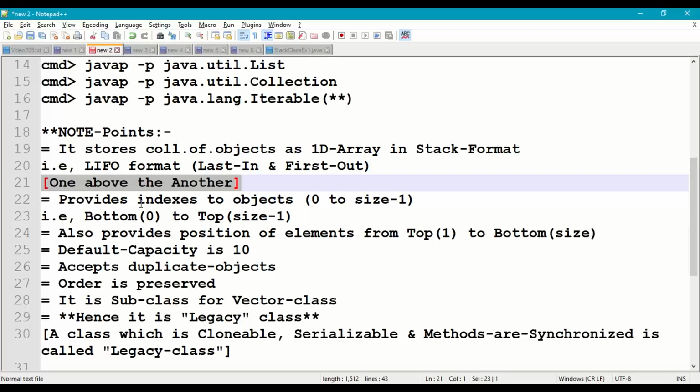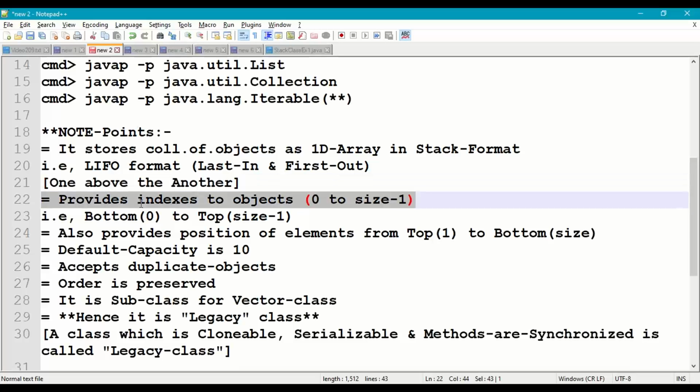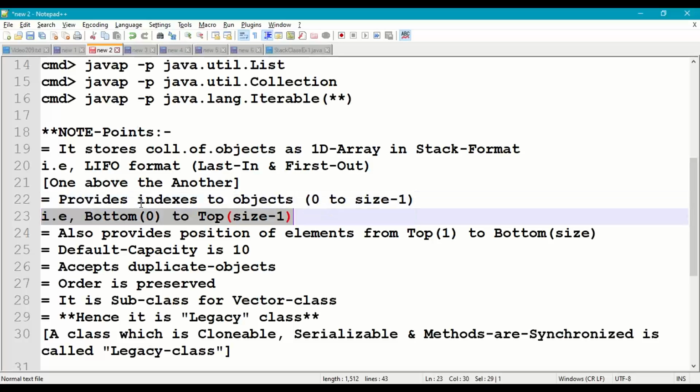So the last inserted element will be the first out of the stack. It provides indexes to objects from 0 to size minus 1, and these indexes are given from bottom to top. So the bottom index will be 0 and the top index will be size minus 1.